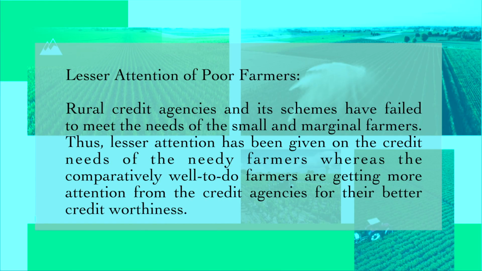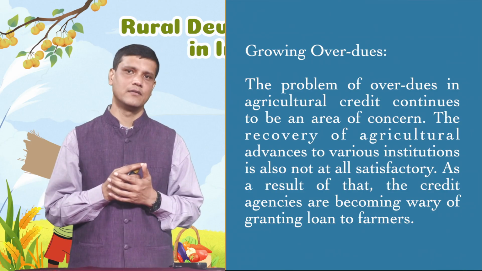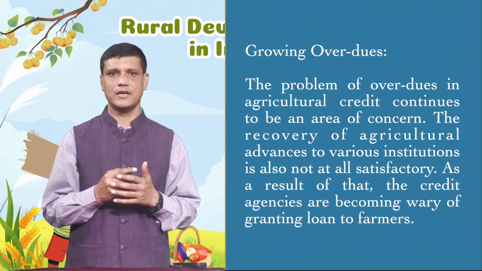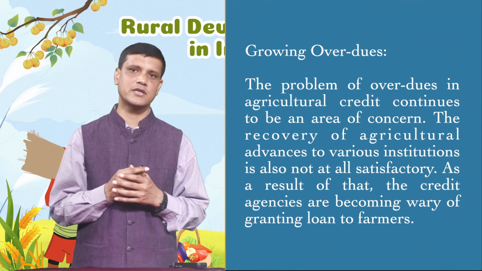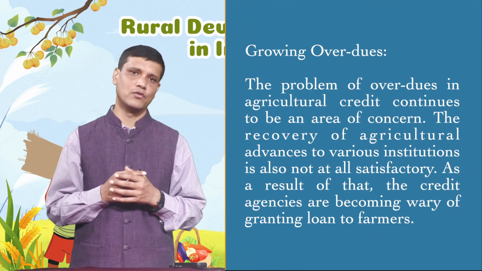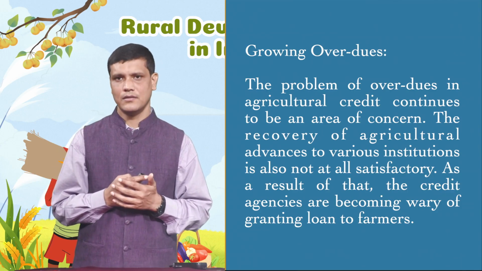The next is lesser attention to poor farmers. Rural credit agencies and their schemes have failed to meet the needs of the small and marginal farmers. Thus, lesser attention has been given to the credit needs of the needy farmers, whereas the comparatively well-to-do farmers are getting more attention from the credit agencies for their better creditworthiness. The problem of overdues in rural credit continues to be an area of concern. The recovery of advances to various institutions is also not at all satisfactory. As a result of that, the credit agencies are becoming wary of granting loans to the farmers and other rural